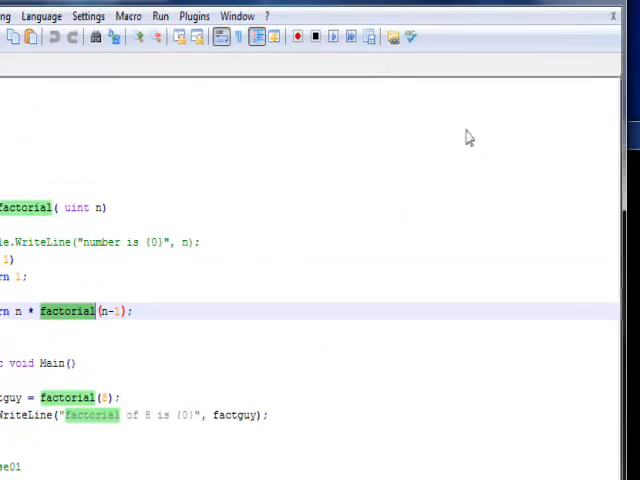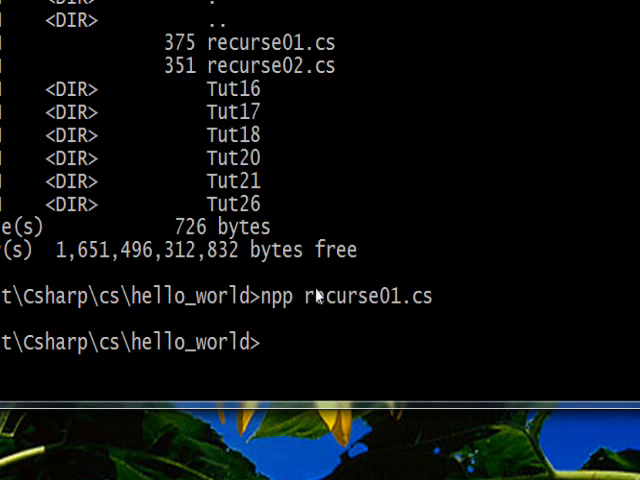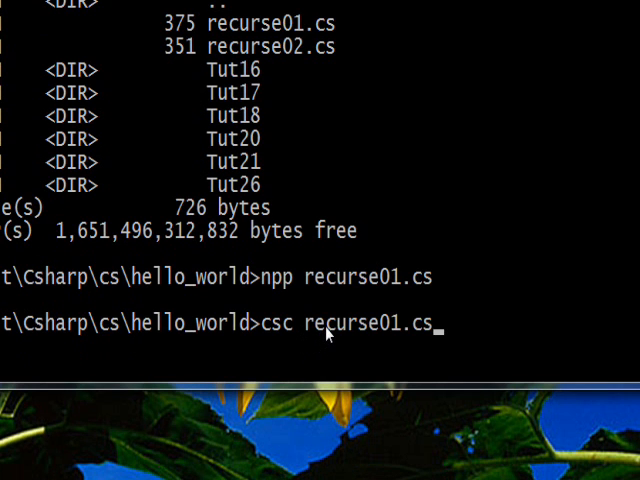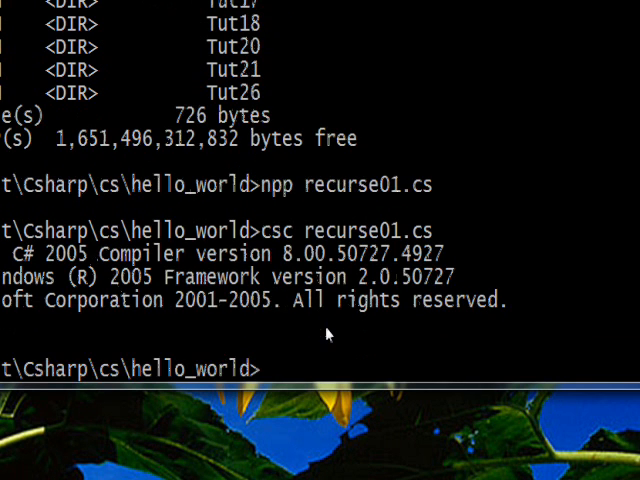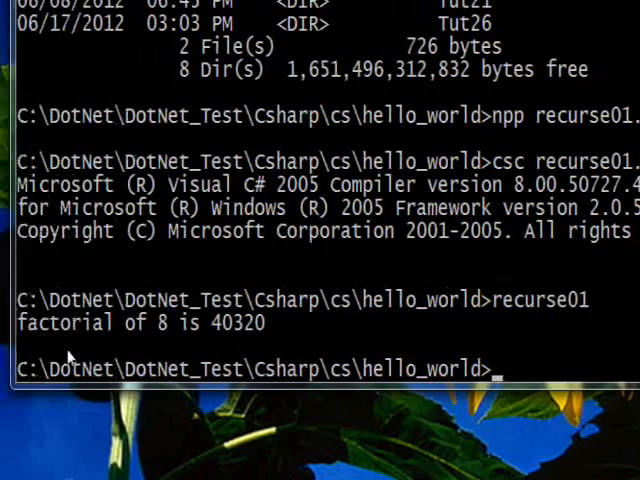So if we compile and run this program, might as well just copy this. Use enter to copy that, and then type CSC for the C# compiler, and press the right mouse button to paste that from the clipboard, and hit enter. We've got a compiled version. And then if we do right mouse click and get rid of the CS, we'll see it says the factorial of 8 is